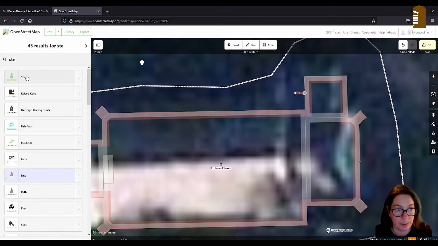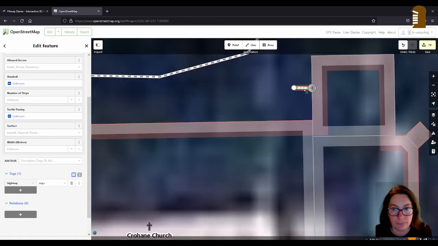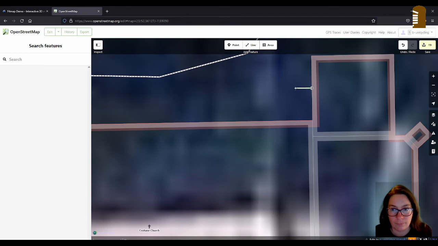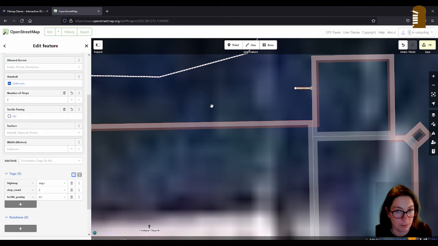Steps, so it's highway equals steps, handrail. Don't think there was one at this door, there was at this one. 2 steps, no tactile paving, yeah.